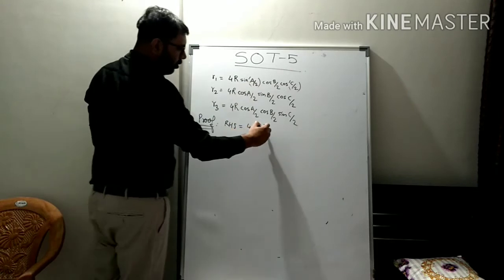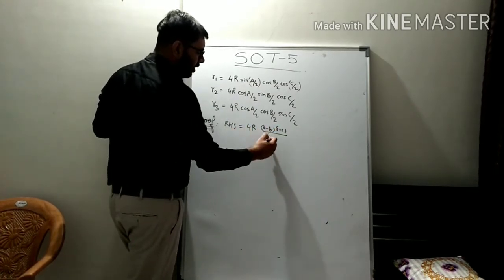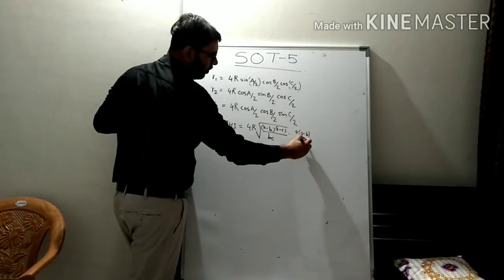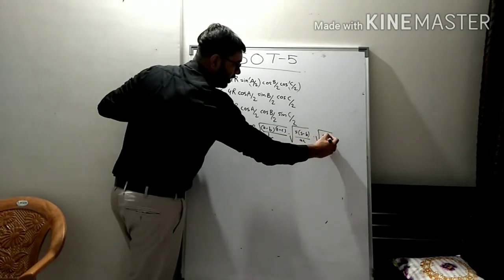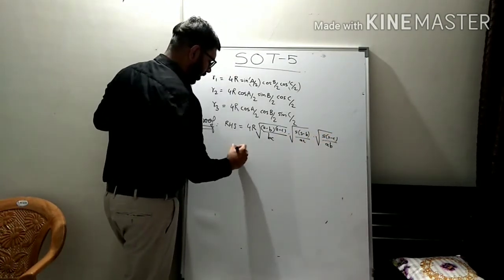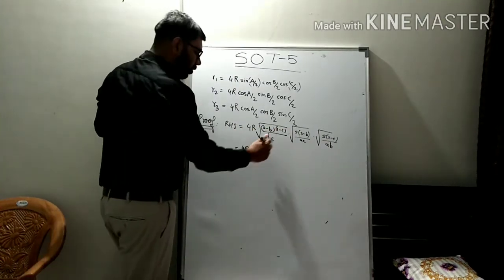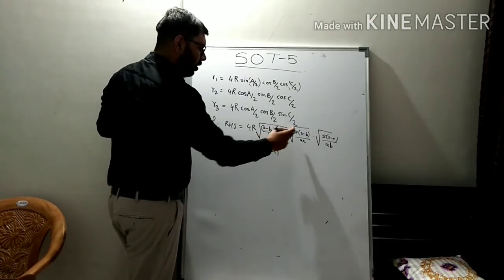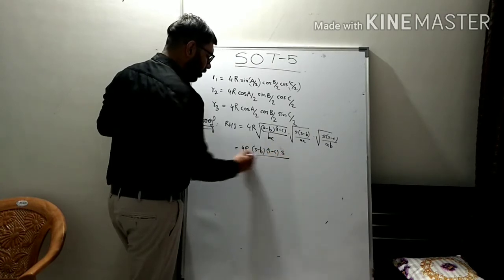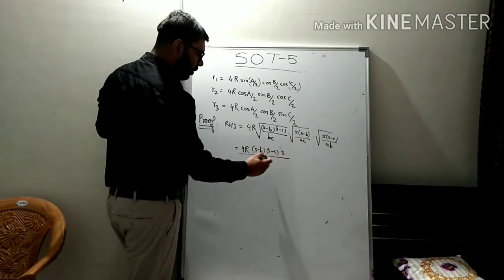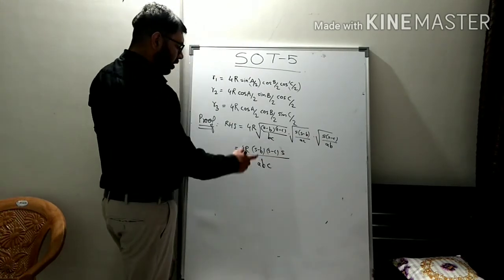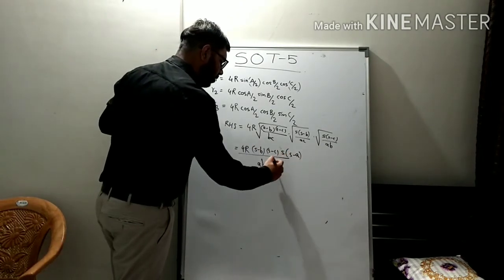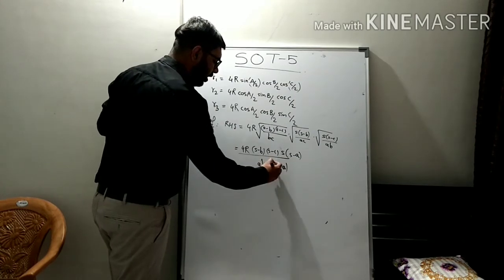Okay, so in this formula sin A by 2 means root of s minus b, s minus c upon bc. Cos B by 2 means root of s minus b upon ac, and cos C by 2 means s minus c upon ab. Okay, so 4R root s minus b, root s minus c will become s minus b, root s minus c, root s minus c will become s minus c, and root s into root s will become s. In the denominator you will have root b is b, root a into root a will be a, and root c into root c will be c. So you can write like this: s minus b, s minus c upon abc. Now s minus a is missing, so what we will do, we will multiply by s minus a in the numerator and denominator.